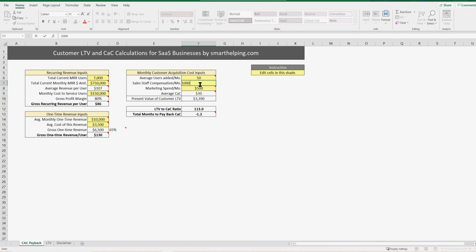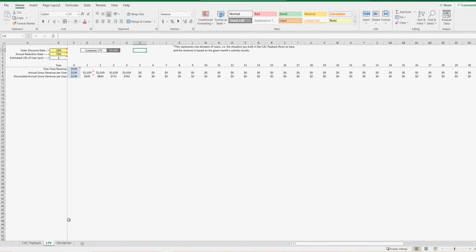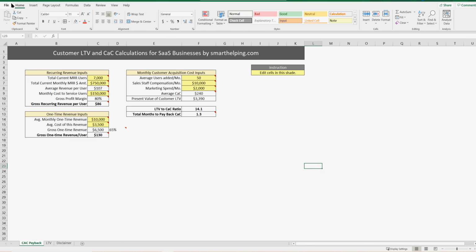I think this is at 10,000 originally. Can't remember. It doesn't matter though. But you just adjust the yellow cells. All your formulas update. LTV will update accordingly, and that's the model. Now, I believe this template has a ton of value for any SaaS business,